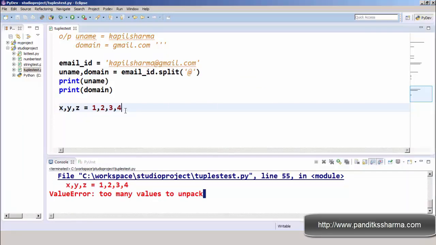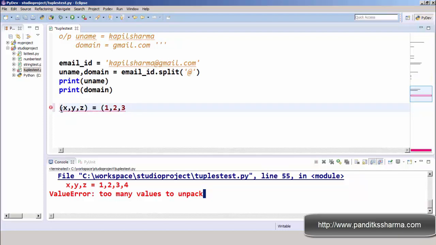So what exactly is going on? 1 will be assigned to x, 2 will be assigned to y, and 3 will be assigned to z. And this is the 4. Now the compiler will ask where I need to assign this 4. So this is a tuple and this is also a tuple. If I use small brackets here, then I think you will not be confused now.